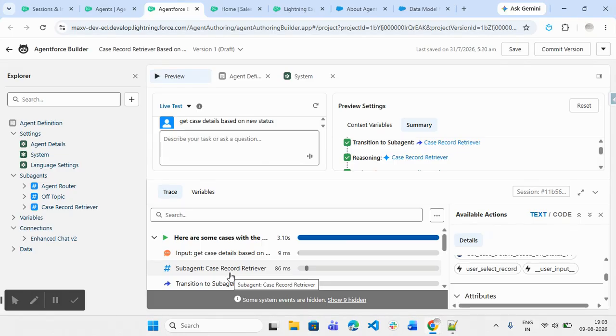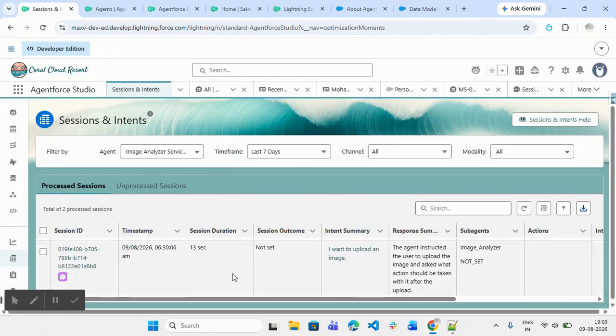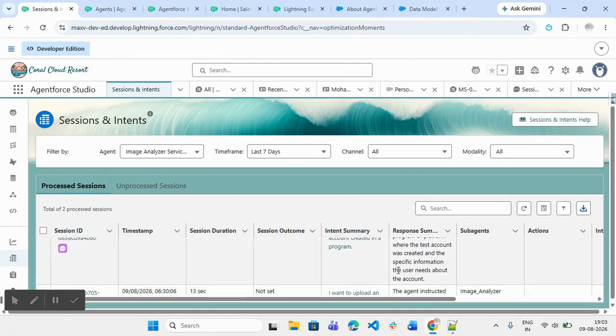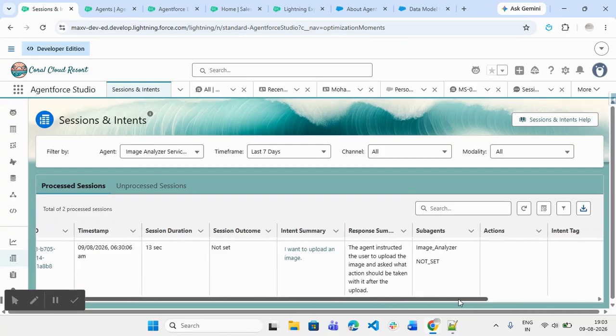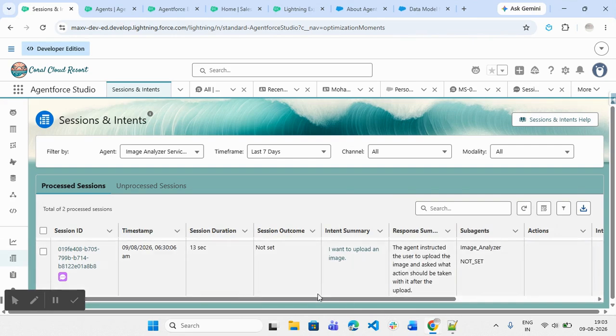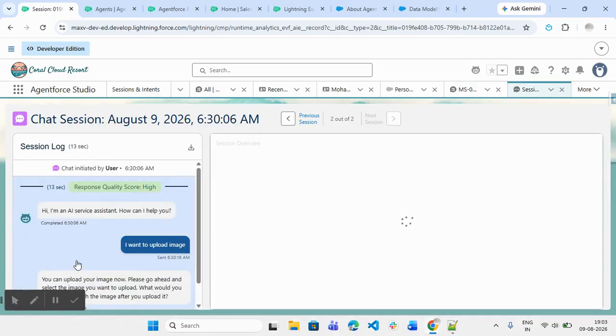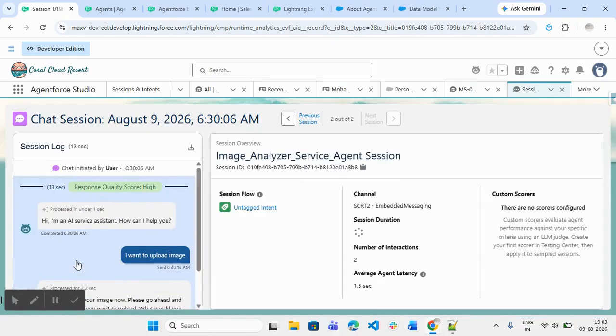So we have session and intents present. If we go to session and intents, we will see the intent summary and the response summary which we got, and what the sub-agent is, what the action is, and the response quality and score we have. So this is at a high level. These are the pieces of information shown under session and intents. So you can get the particular user information, retrieve this particular session, and get the details. But if I want more details, like how the